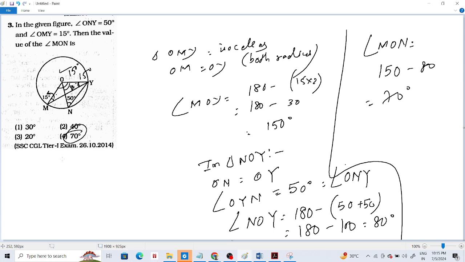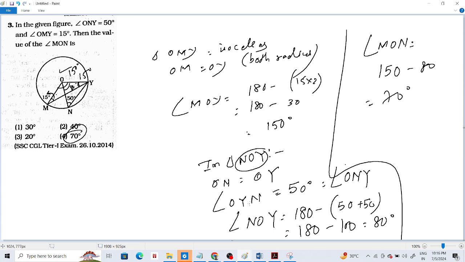স্যার, OYN ইকুয়ালস টু 50 ডিগ্রি ইকুয়ালস টু ONY, কেন করলে? যেহেতু রেডিয়াসটা সেম বলে। এই যে অ্যাঙ্গেল OYN ইকুয়ালস টু 50 ডিগ্রি, এটা কি করে করলে? এই তো ট্রায়াঙ্গেল এন ও ওয়াইটা ধরো, তার মধ্যে ও এন ইজ ইকুয়াল টু ও ওয়াই, বোথ রেডিয়াস। বুঝতে পেরেছো? ও এন আর ও ওয়াইটা ইকুয়াল, বিকজ বোথ অফ দেম আর রেডিয়াস। তাহলে এই ট্রায়াঙ্গেলটা আইসোসেলেস ট্রায়াঙ্গেল হয়ে গেল,